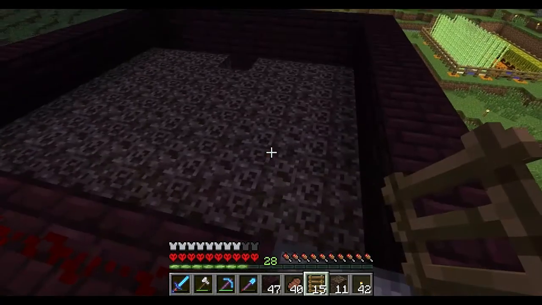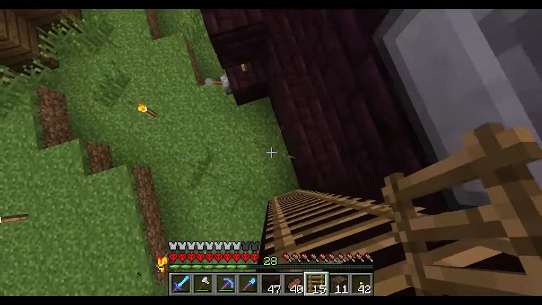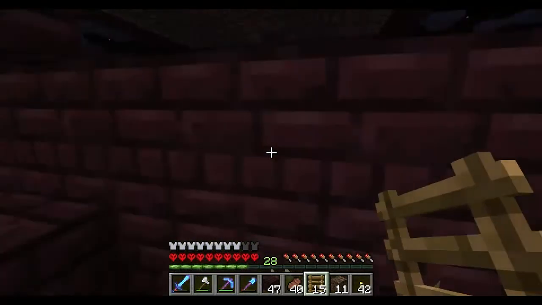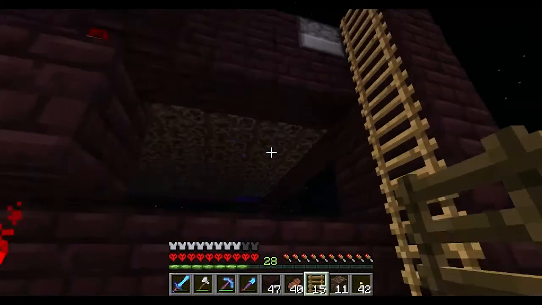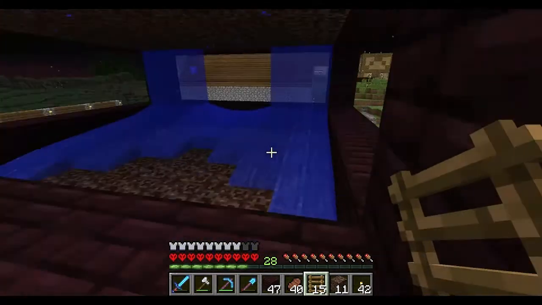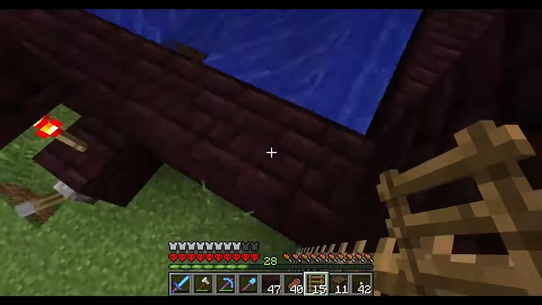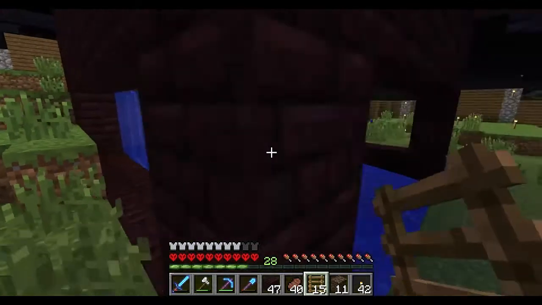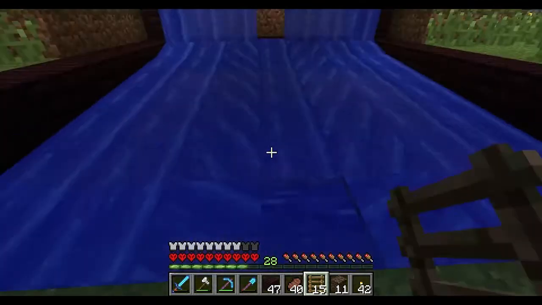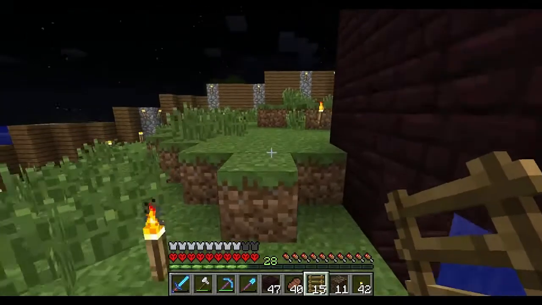But essentially, once this is all planted up and ready to be harvested, I'll just come down here, flip the switch, and then it'll flow like this, and then go all the way to the bottom, and I'll just collect it here. And then once it's done flowing, all we have to do is...